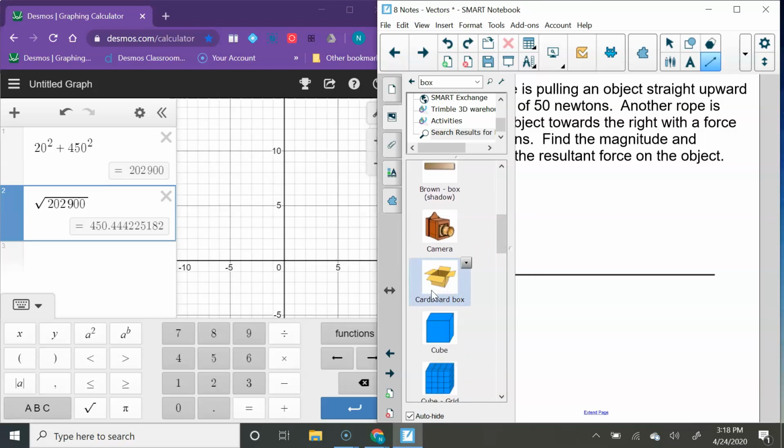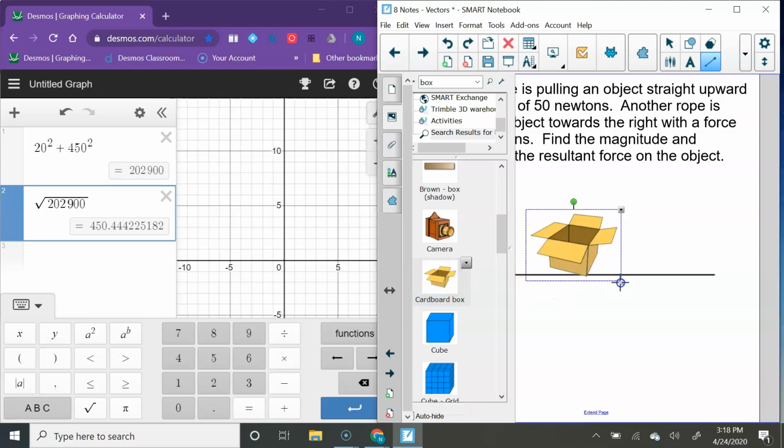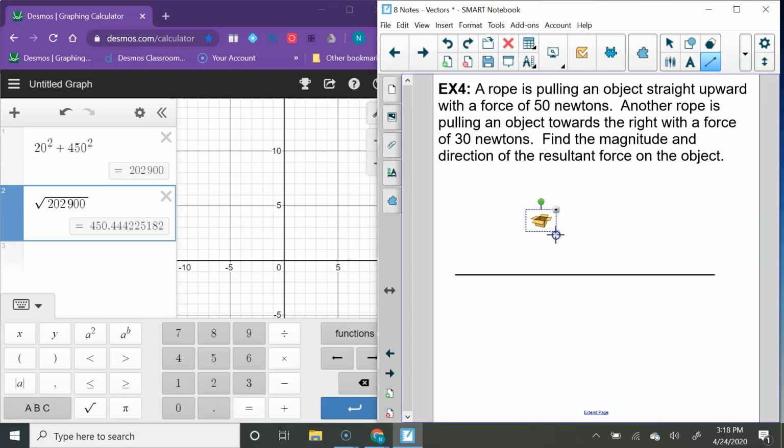Okay, here's our cardboard box. Let's make it very small. So we got our little cardboard box right here. Let's set it on the ground, and we're going to attach 2 strings to this box, and we've got one